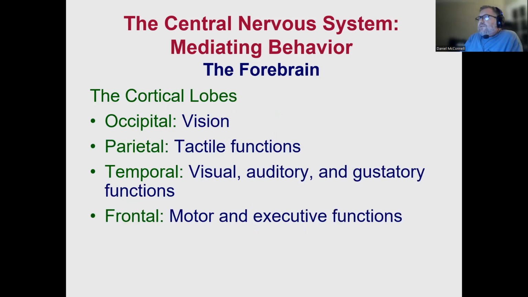We also can subdivide the cortex into the 4 lobes, right? So occipital lobe, parietal, temporal, and frontal lobes. And here we see their functions are listed here. Again, we're going to dive into this in later chapters to talk about exactly how vision is processed in